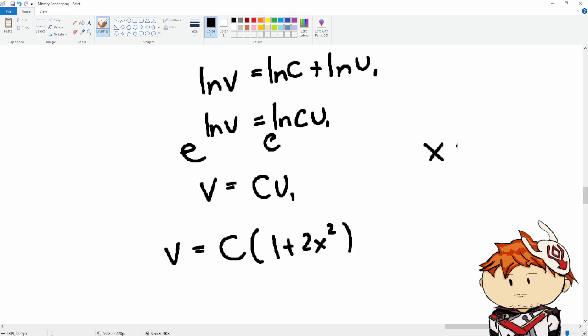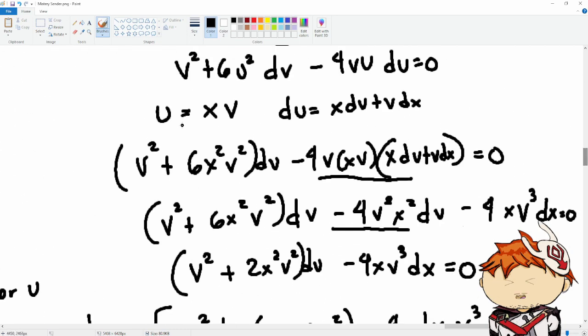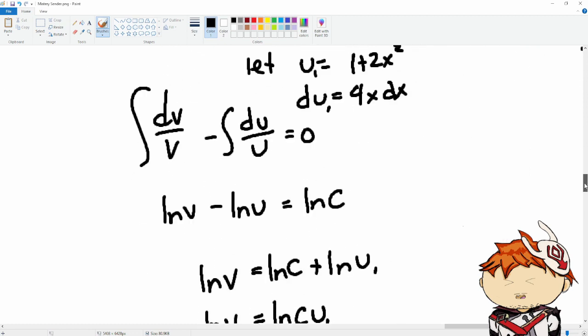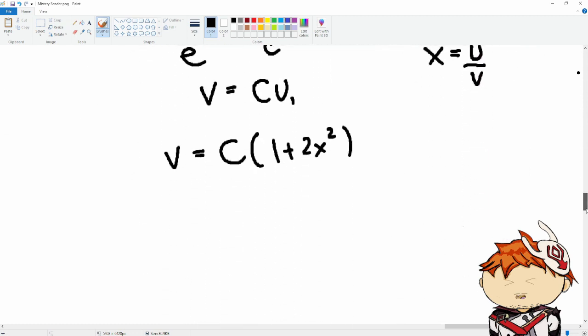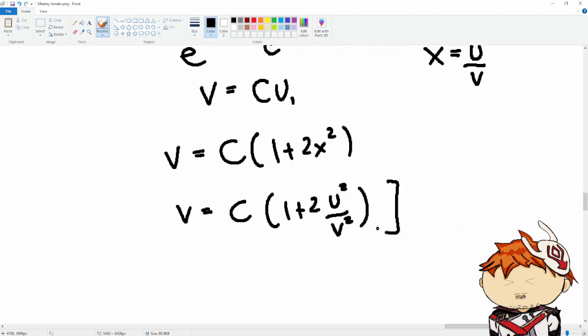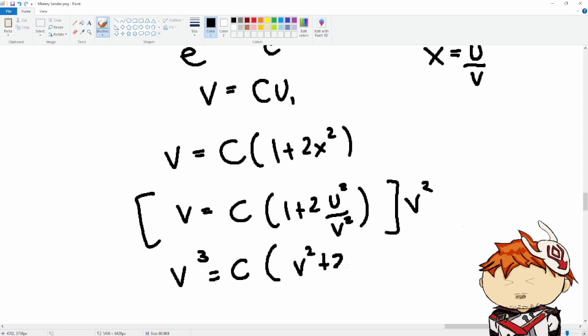And x is u over v. We substitute: u is equal to xv, then x is equal to u over v. So basically, v is equal to c times (1 plus 2u squared over v squared). Multiply both sides by v squared. So this will become v cubed